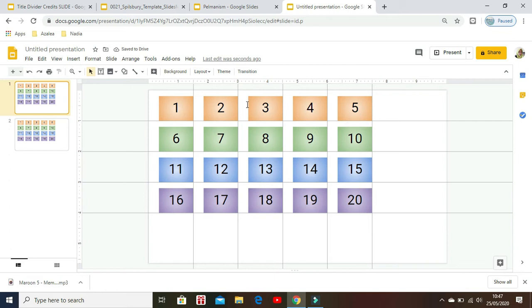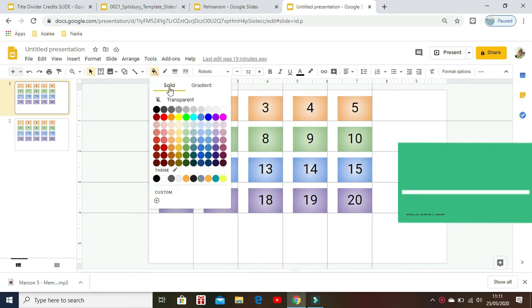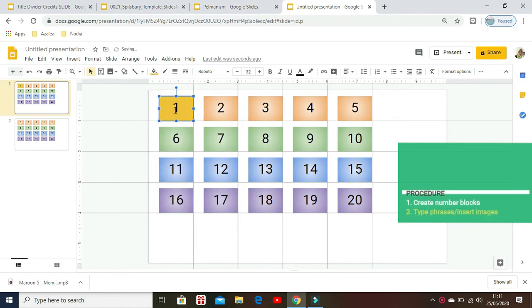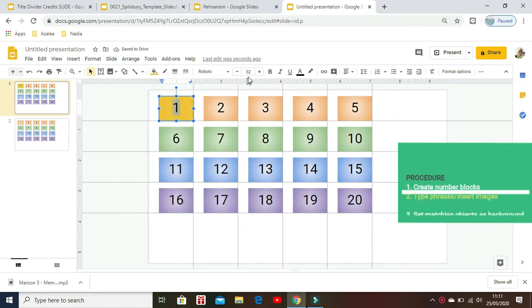So here we want to make the phrases or the pictures that we want to match. Change the filling to be yellow and make the font smaller. Type on it. For example, if I were an astronaut,